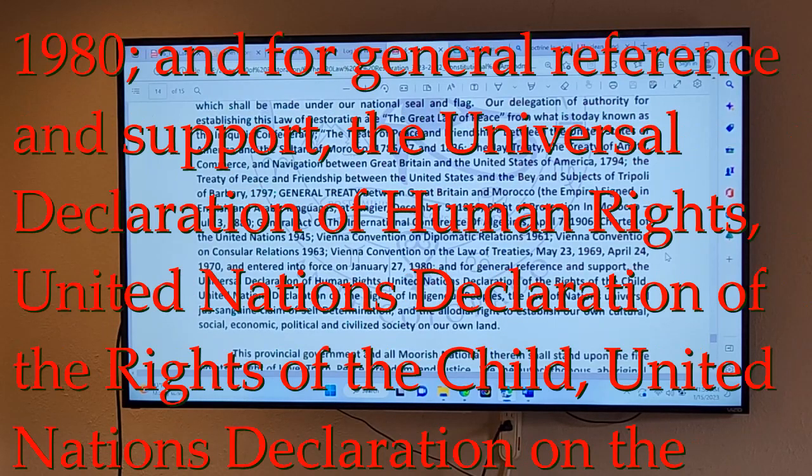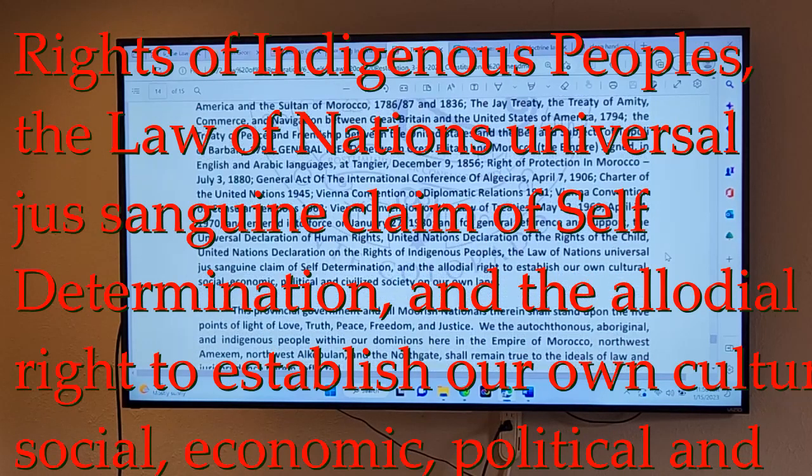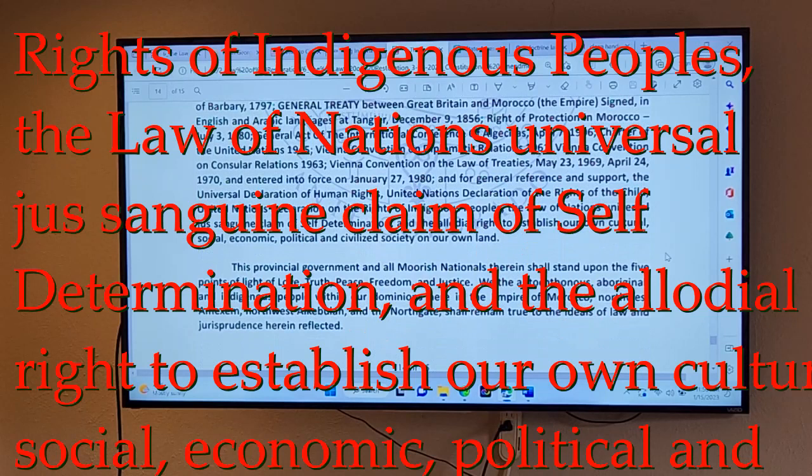And for general reference and support, the Universal Declaration of Human Rights, United Nations Declaration of the Rights of the Child, United Nations Declaration on the Rights of Indigenous Peoples, the Law of Nations, Universal Just Sanguine